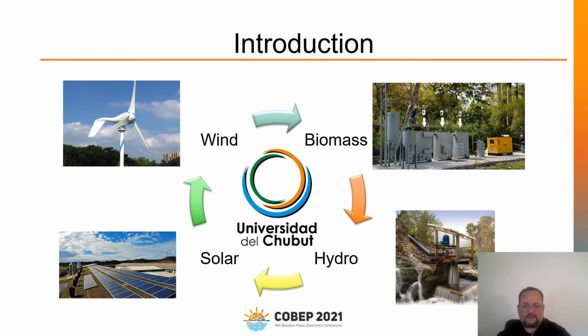From 2017, in the University of Chubut, Patagonia, Argentina, began the degree of Technical and Renewable Energies, with emphasis in solar, wind, hydro, and biomass energies, and the students have a profile to solve and manage energy in electrical power systems of low and medium power capacity.